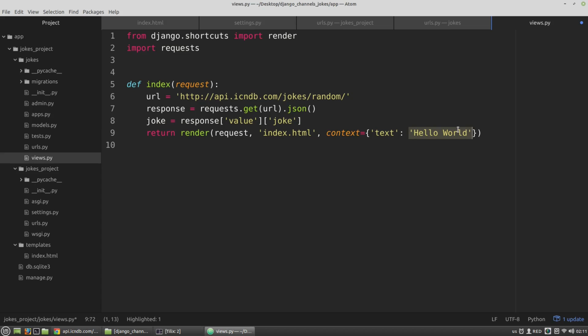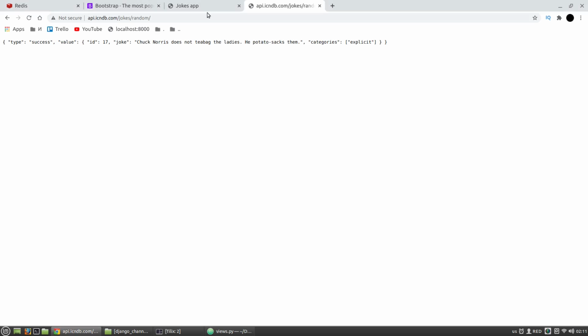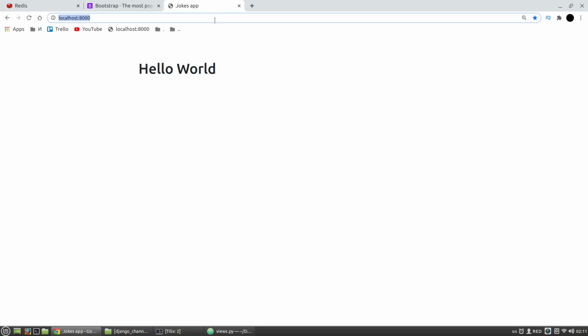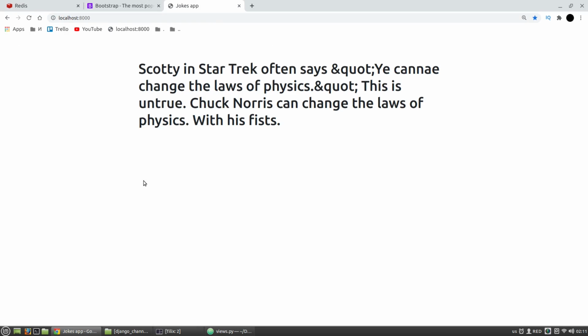Let's use it. Instead of the hello world, I want to use the joke variable. Let's test it again. And we can see this joke. It's working. And to get the next joke, I have to call the index function again by performing a request